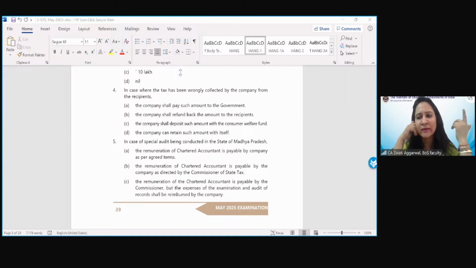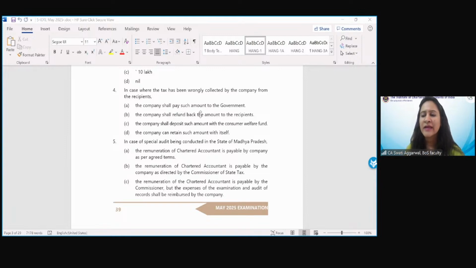Then why am I quoting it? So that after finishing the class, or you may just write down on a piece of paper, you go through the relevant provision of law, the relevant section number. If you read it yourself, your concepts will get clear that it has been clearly stated in the law. There is no such application of facts in that case. If you know the correct provision and apply it in the given facts, your answer could also be the correct one. So the correct section behind it is section 76(1). 76(1).